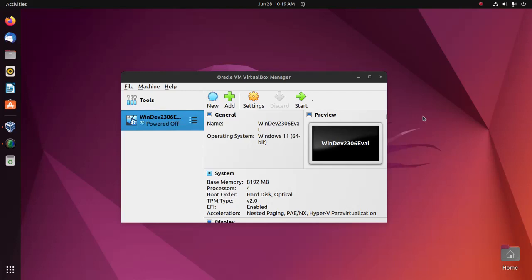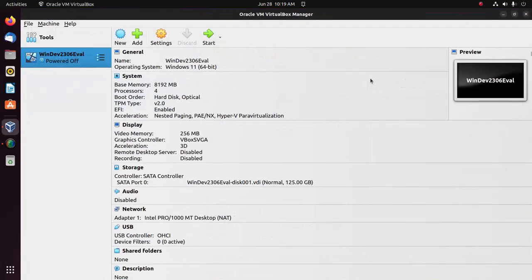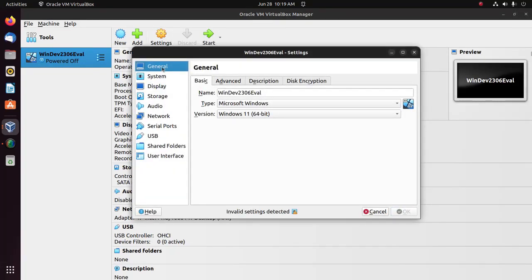After importing the virtual machine into VirtualBox Manager, you should change some settings. At first, select the virtual machine and then open Settings. In the General tab, you can change the virtual machine name. I am going to name it Windows 11 Enterprise,